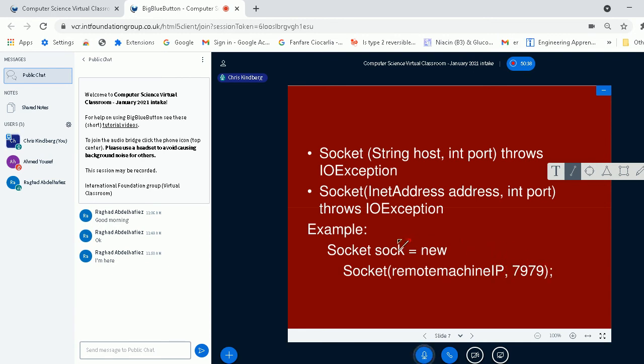So in a single line, a lot of work is going to be done for you. It's going to in effect set up the framework for internet communications between you and the remote system.